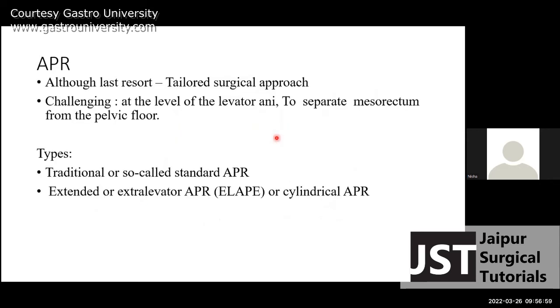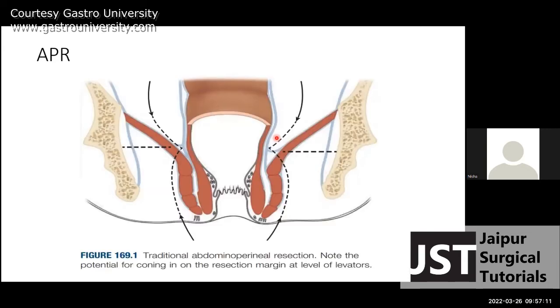So traditionally, the APR is divided into two types. One is a traditional or the standard APR. The other one is the ELAPE, which is called as extended or extra levator abdominoperineal resection, which is also known by the name cylindrical APR. So what we do in the APR is we follow the TME plane we take in the abdominal phase, and here we will have to cone out at the junction where at the level of the pelvic floor, we cone out the specimen between